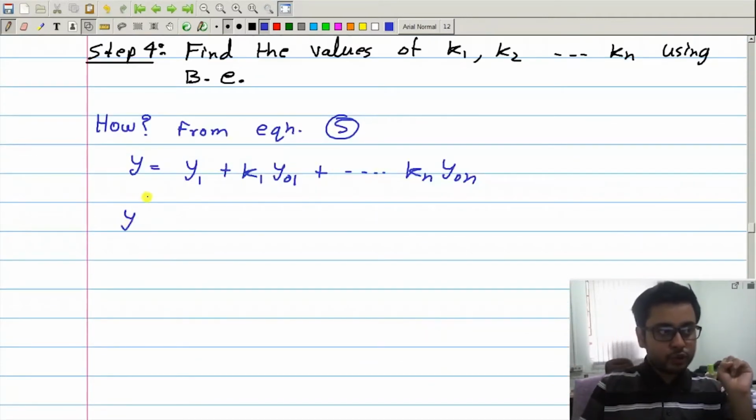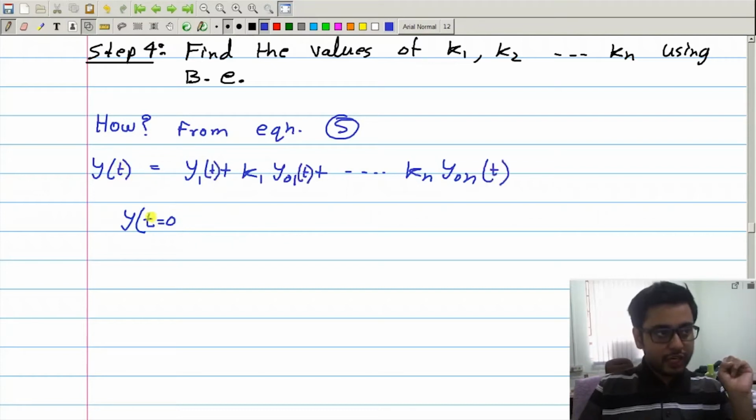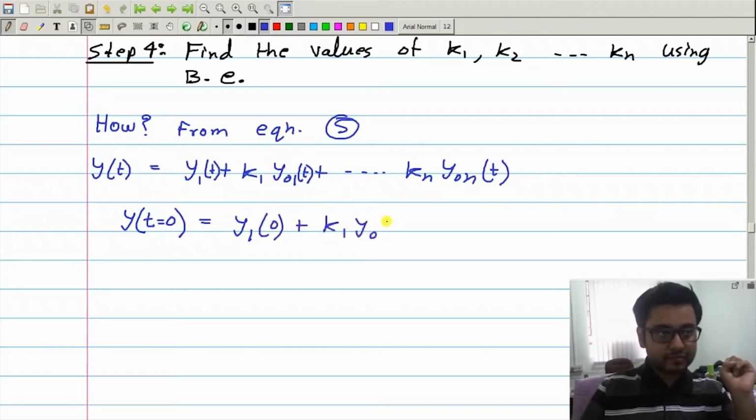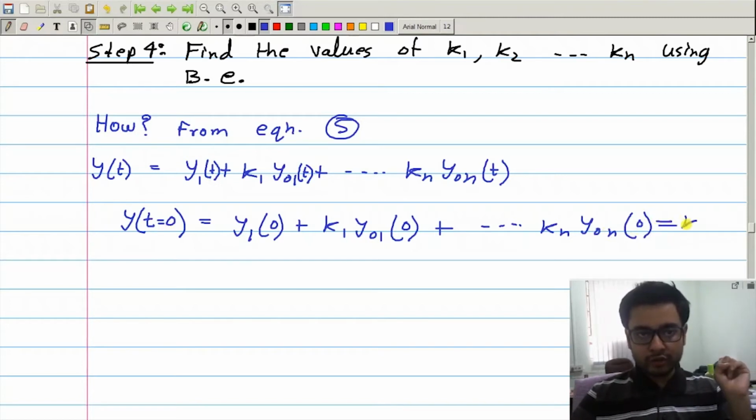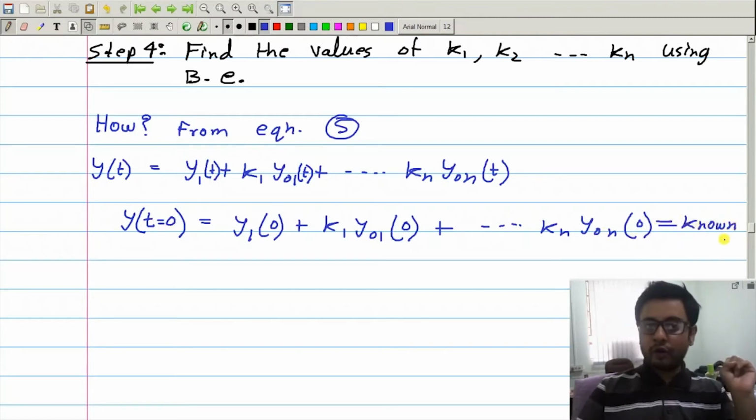Now let me put t equal to 0 in this expression of y. So here I actually have y of t. Now let me put t equal to 0, then the right side becomes like this. And this value is known or given in the boundary conditions,